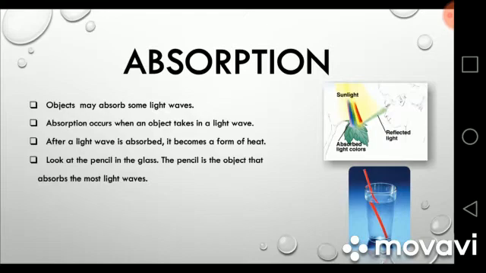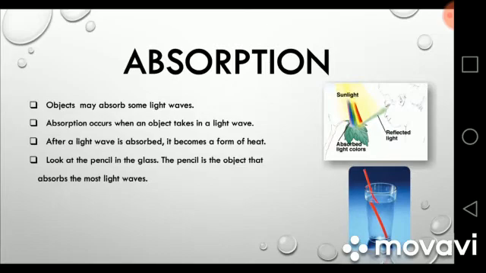Basically, when white light strikes an object or comes in contact with an object, multiple things can happen. The light can be reflected, it can be refracted, or it can be absorbed. Different things absorb different wavelengths of light and reflect different wavelengths, and the color of the thing that we can see depends on the wavelength that it reflects.